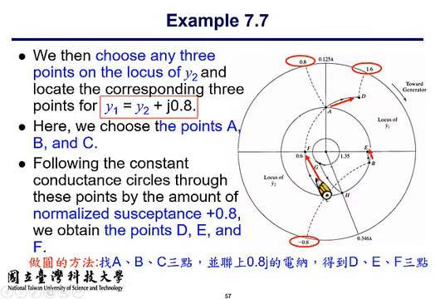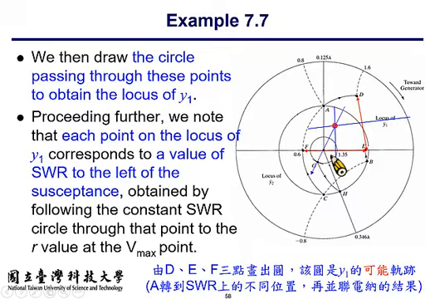So as you can see, for the 3 points, all the 3 new points have 0.8 more susceptance than its original position. Okay, so you have D, E, and F. The one must is use your ruler and compass to draw